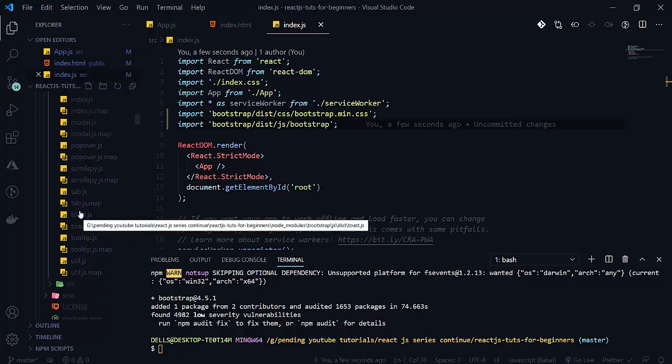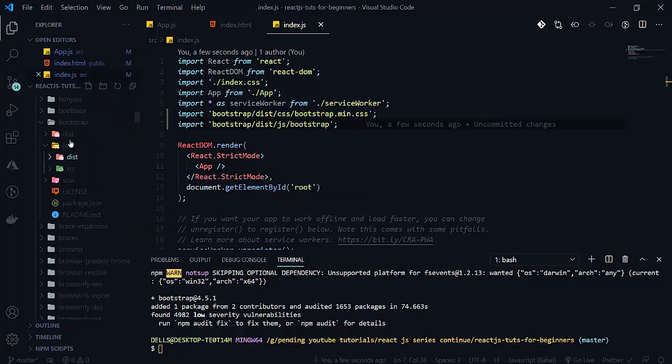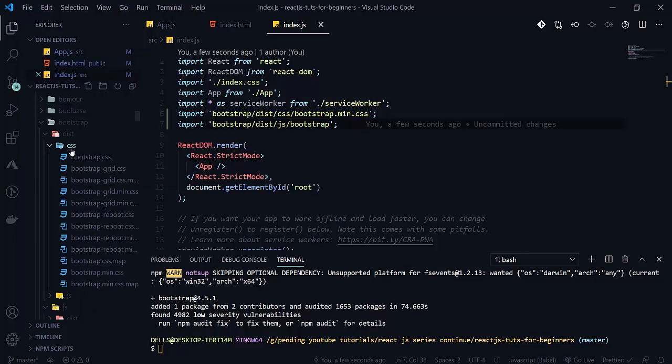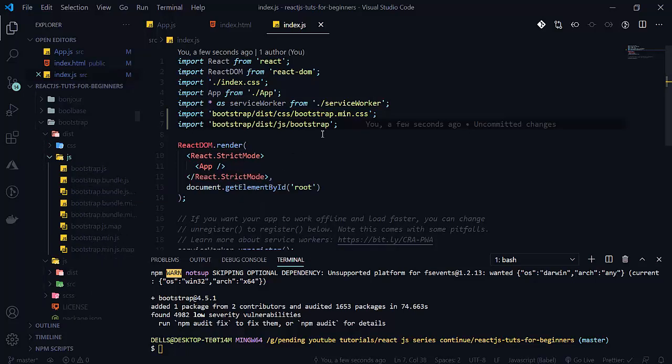You can import toast, tab, and also button. But we are using this dist, not the JS source. Here in CSS is our bootstrap.min.css, and in the JS is bootstrap.min.js.